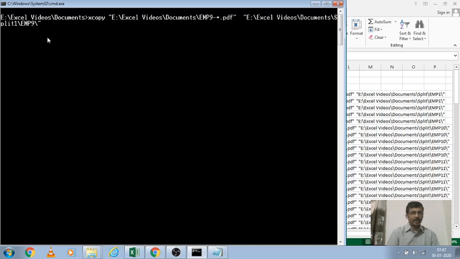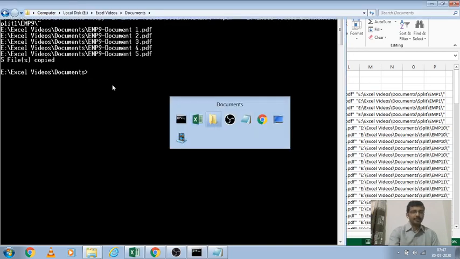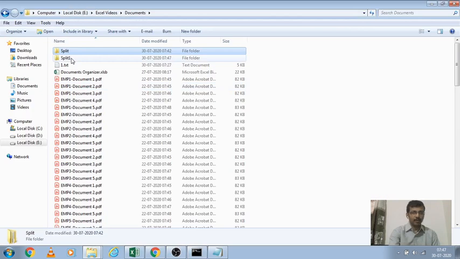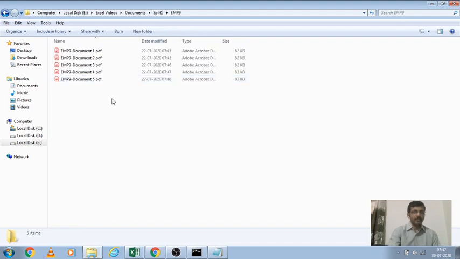I am just pressing enter to copy all the employee 9 related documents in one shot. Let us see whether that folder has been created and files have been copied correctly or not. The employee folder has been created and all the employee 9 documents have been copied in one go.